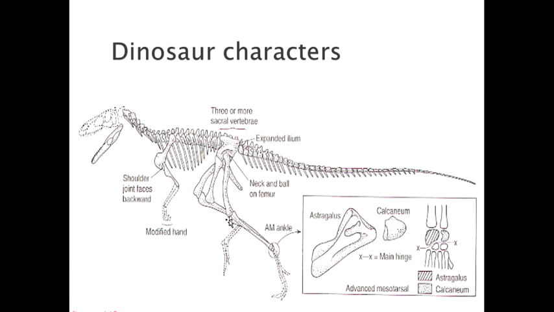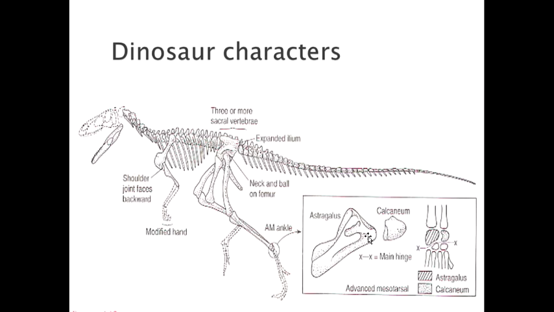This is a theropod dinosaur, and it has a whole bunch of other characteristics that define it, but notice they emphasize down here the ankle, what they call the AM ankle, or advanced mesotarsal ankle. This is shared by all dinosaurs. It doesn't matter whether it's a small theropod like this, or a giant sauropod, or a duck-billed dinosaur, or an armored